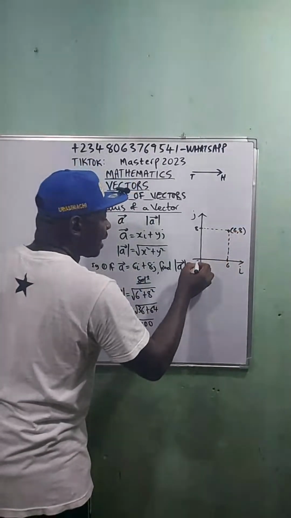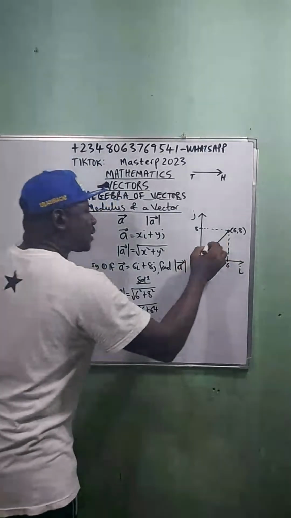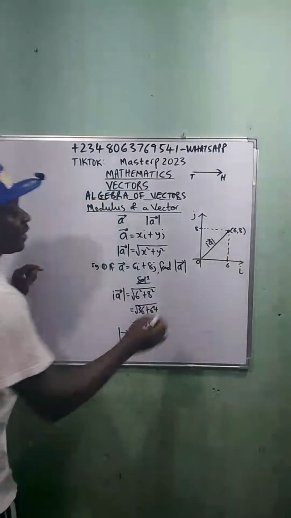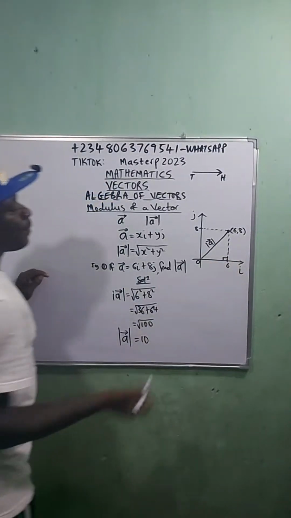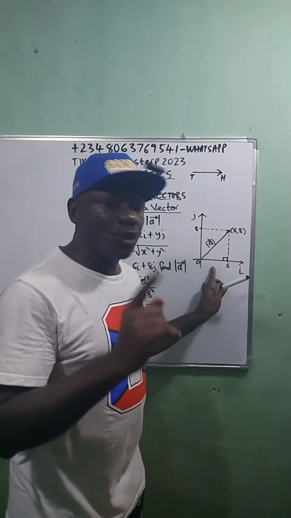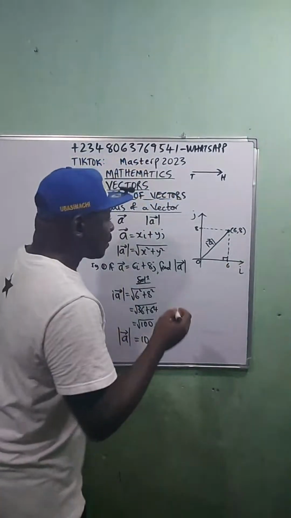Then we're now looking for the line from the origin to this point. That is where we'll have the modulus of that vector, and here is 90 degrees. So can I apply Pythagoras theorem? Pythagoras theorem says that for a right angle triangle, the square of the hypotenuse side is equal to the sum of the squares of the other two sides. So from here,